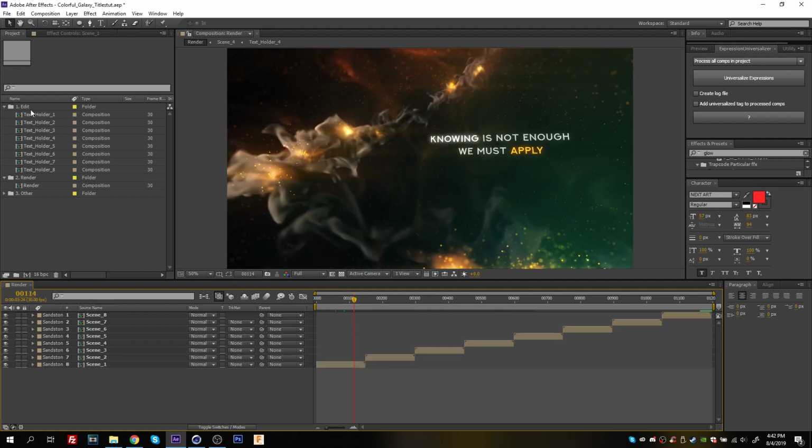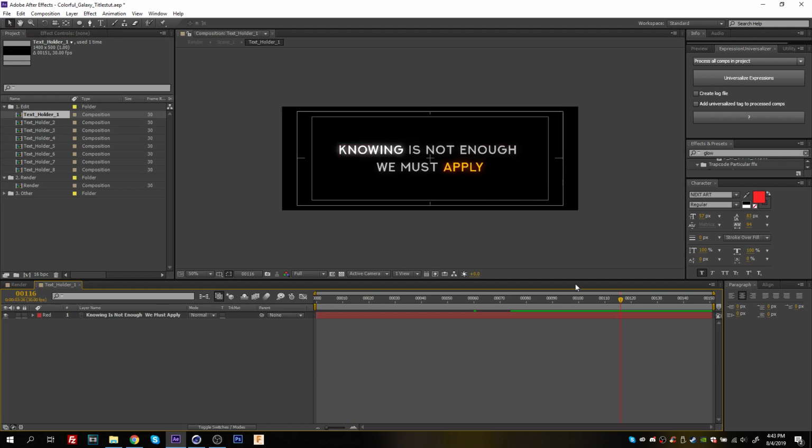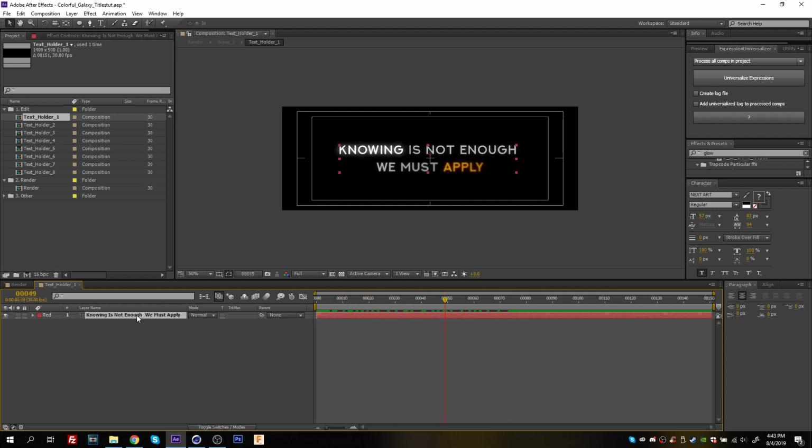But let's go back here to our edit folder. So starting with the first text holder, this will be text holder 1, and this will be responsible for scene 1, which is the first in the composition. So double click to access this composition, and here we have our text. Notice that this text does have some animation. If I select this text layer and press U, here are the two keyframes that control this animation, and we